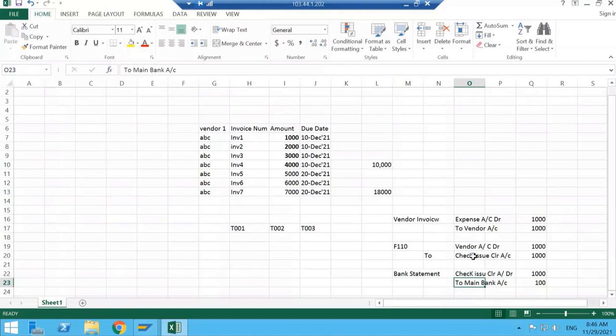So once we get our bank statement the next day, based on whatever